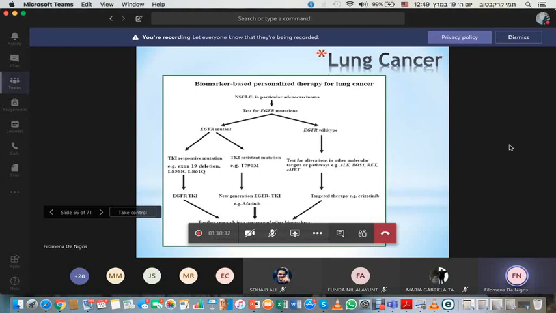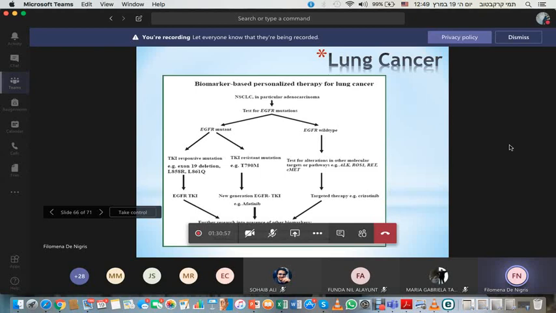Then we try to identify which kind of mutation we have. On the basis of the mutation, we can choose the right tyrosine kinase inhibitor, small molecules that are well tolerated, with very low adverse effects. So we can treat